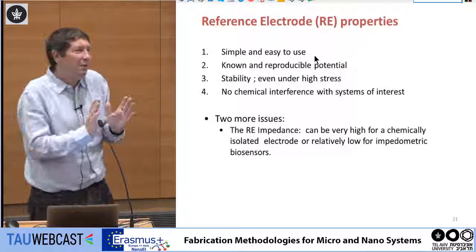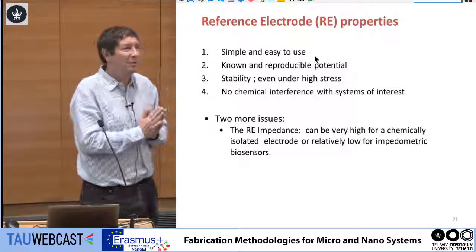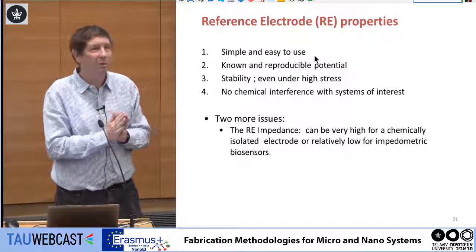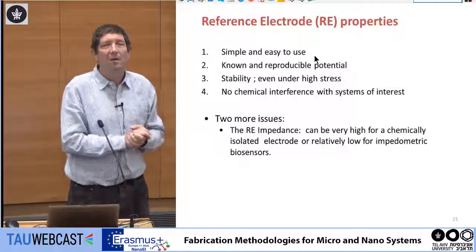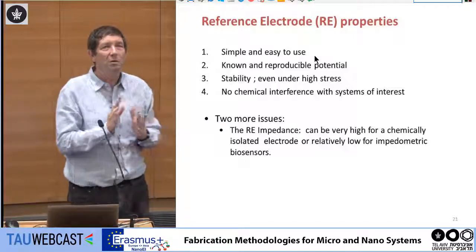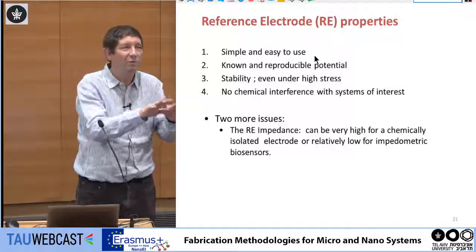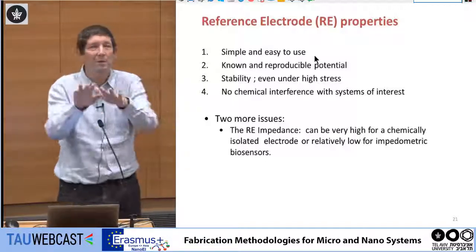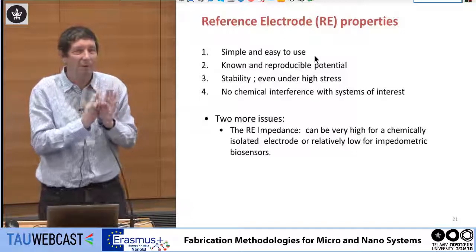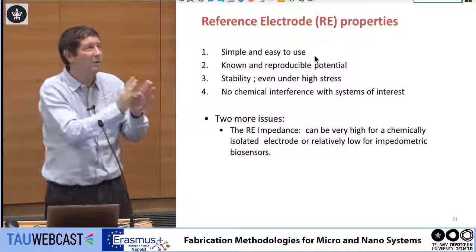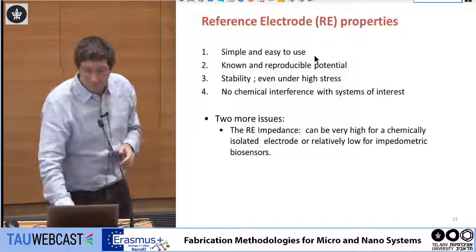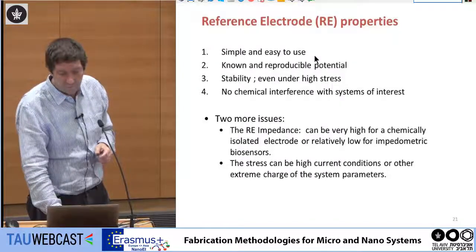If you ever do electrochemical sensors, which are very common today in many applications, you need to choose the reference electrode. And you have a selection. The supplier will give you silver chloride, platinum, and it will give you the known potential. So if you have the reference electrode,